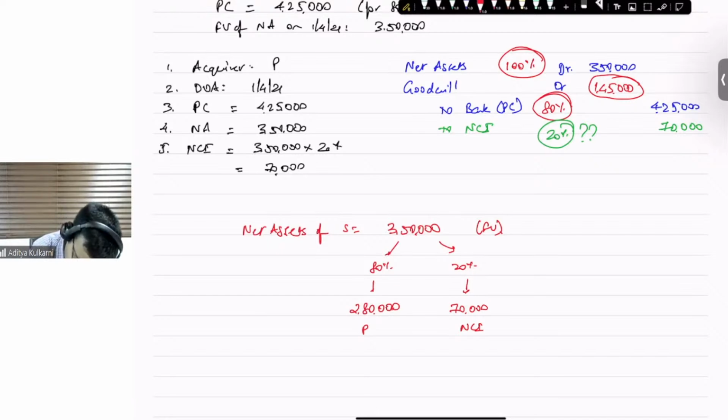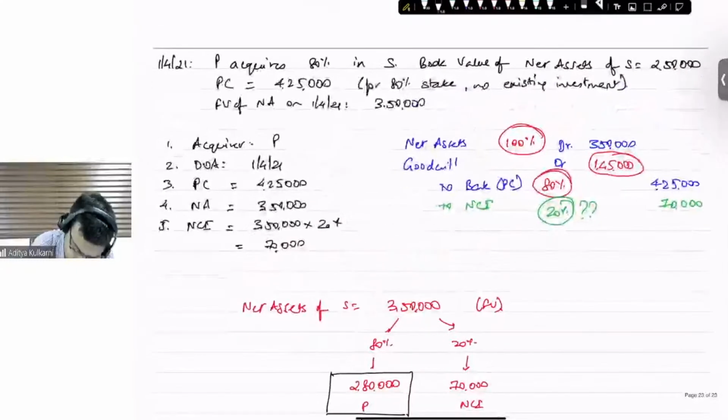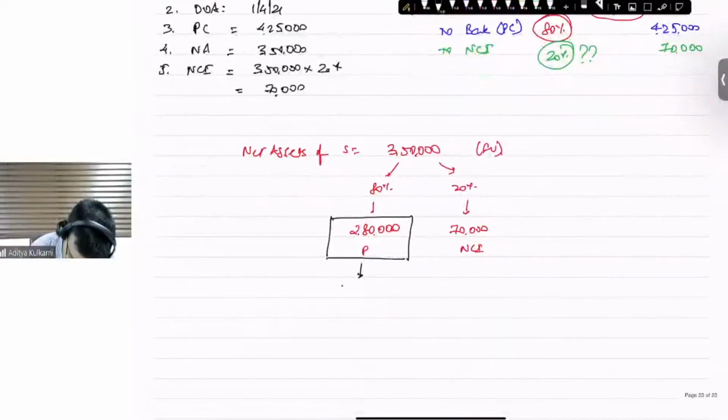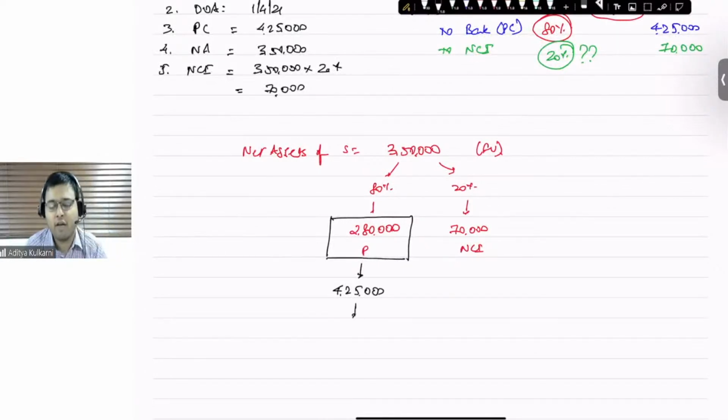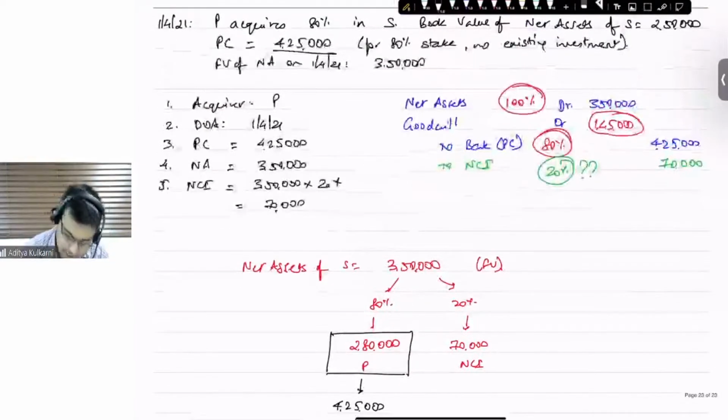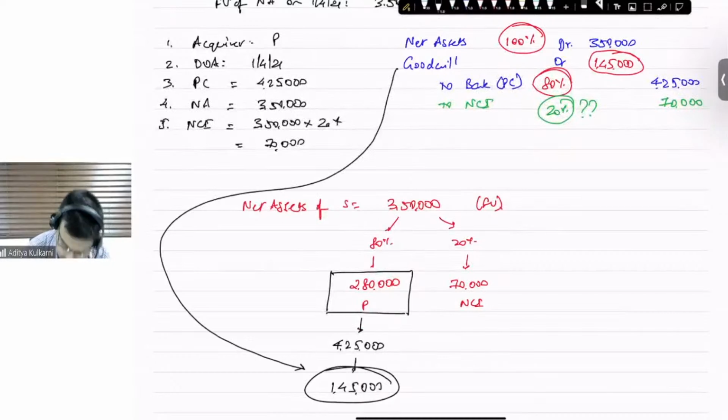To acquire this 2,80,000, how much have I paid? 4,25,000. So now if you do a subtraction, 4,25,000 I paid to get a stake of 2,80,000. I have done an overpayment of 1,45,000, which is nothing but goodwill. So in other words,